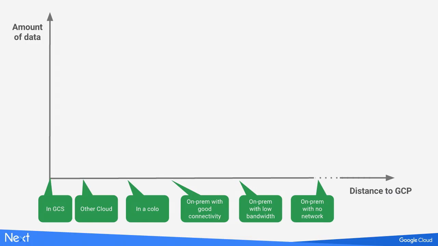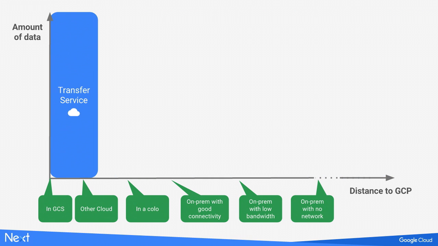So here's how we can look at the world, right? Distance to GCP is the x-axis. If your data is in GCS or in another cloud, it is closer to GCP. If your data is in a location with no network at all, you are really far away. And then the y-axis is the amount of data. If your data is in GCS, for example in a bucket in Europe and you want to move it to the US, that's kind of 0,0. If your data is in another cloud, like S3, you're not too far away,